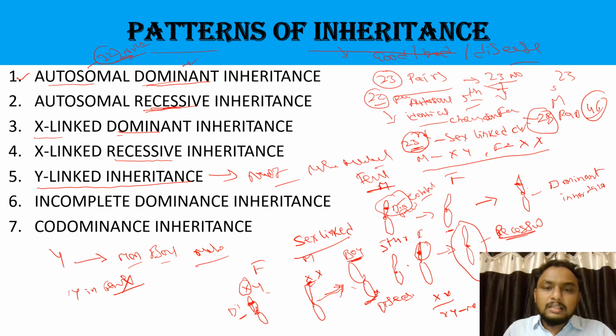These are the normal dominant and recessive things: X-linked, Y-linked, autosomal, and sex-linked chromosome. Coming to the special one, incomplete dominance. If you take, for example, the color of a flower, red, this is one gene from the father, and RR like this. This is homozygous, so the same traits are there. So imagine RR.